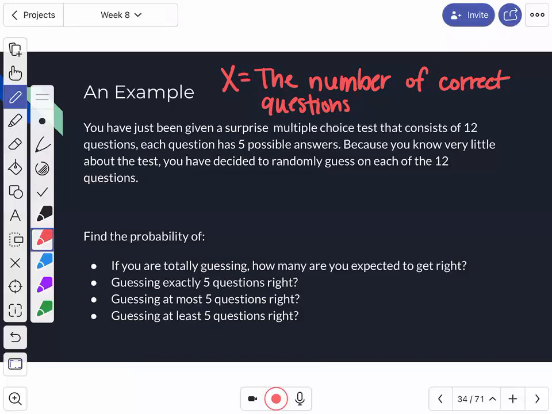Now, what is the probability? Let's start here. We just said that getting any one question correct, that probability is going to be 1 out of 5. We're going to call the probability of any success a new variable, and I'm going to call it pi. The Greek letter pi. Pi just means you got a successful question, the probability of getting any question correct. This is 1 out of 5, or that's equal to 20%. If pi is equal to 20%,